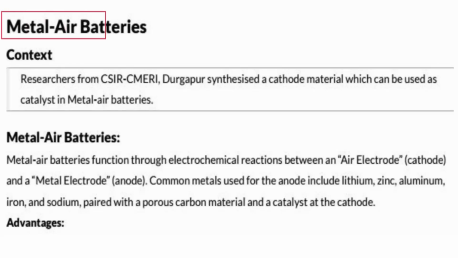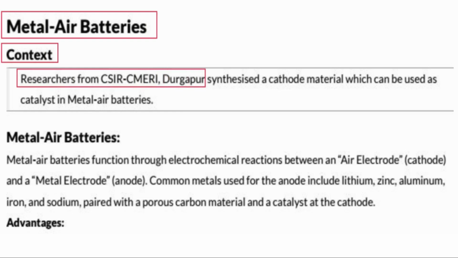What is a metal air battery? Context regarding it: researchers from CSIR-CMERI Durgapur synthesized a cathode material which can be used as a catalyst in